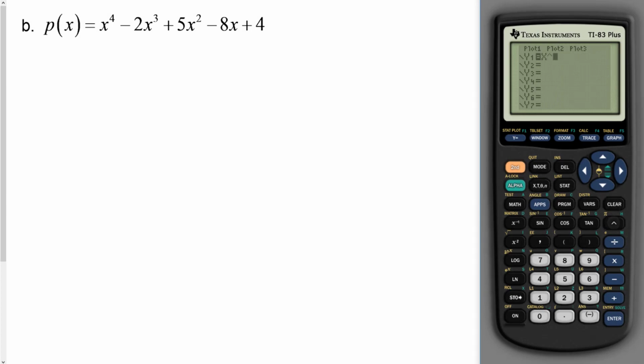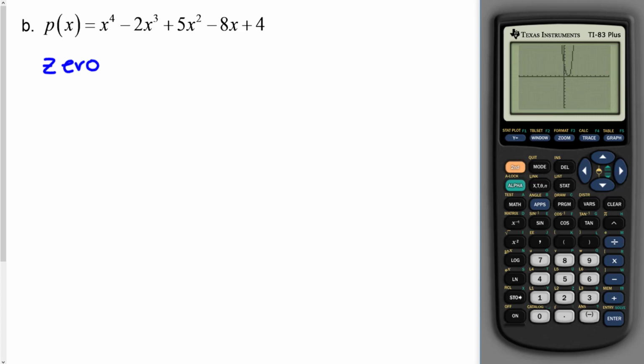So x to the 4th power minus 2x cubed plus 5x squared minus 8x plus 4. When I graph this, it looks like I have a 0 at +1, but